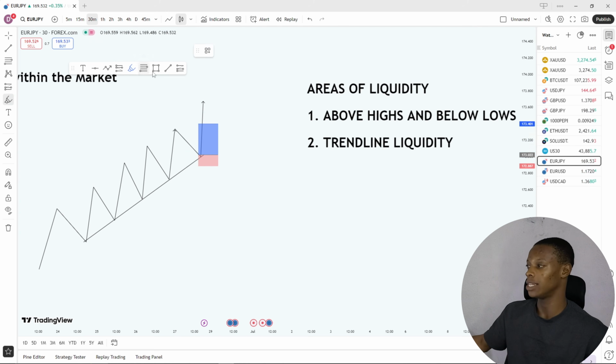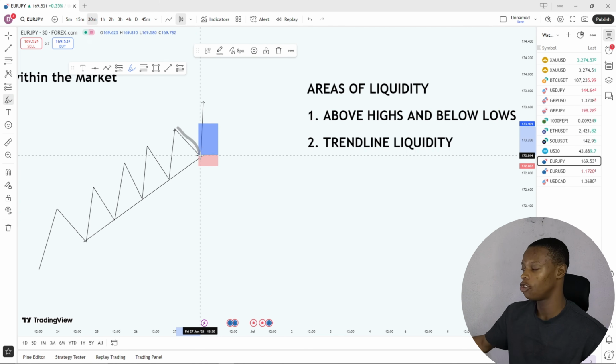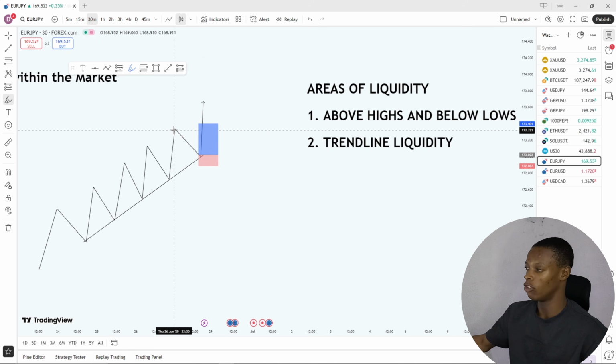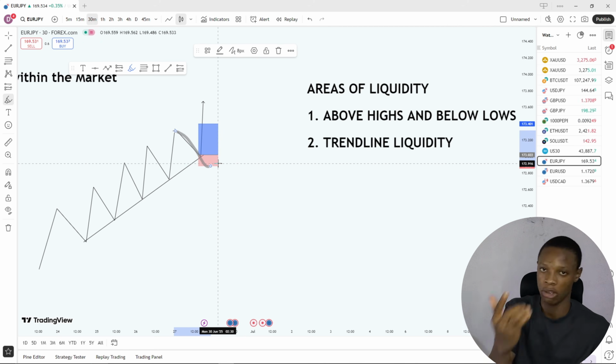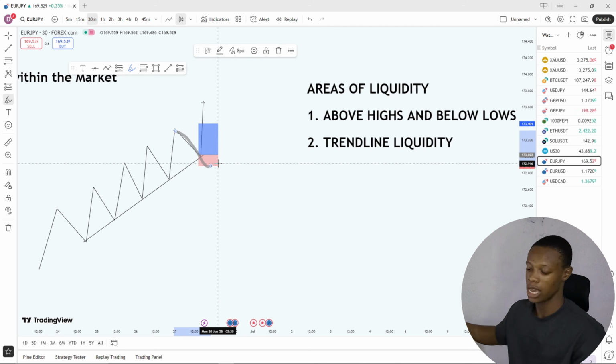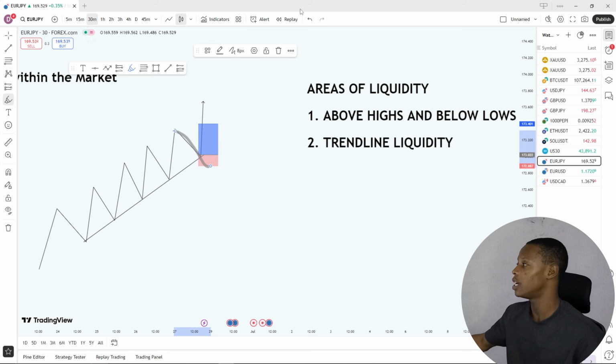Right? If they're taking a trade like this, the price comes to the trendline, triggers their trade and moves, they make money. But if the price goes below that very trendline and breaks it, they're going to get stopped out. So the first liquidity has been taken. Traders have been stopped out, and these are the first liquidity present in the market. Now, you're going to see